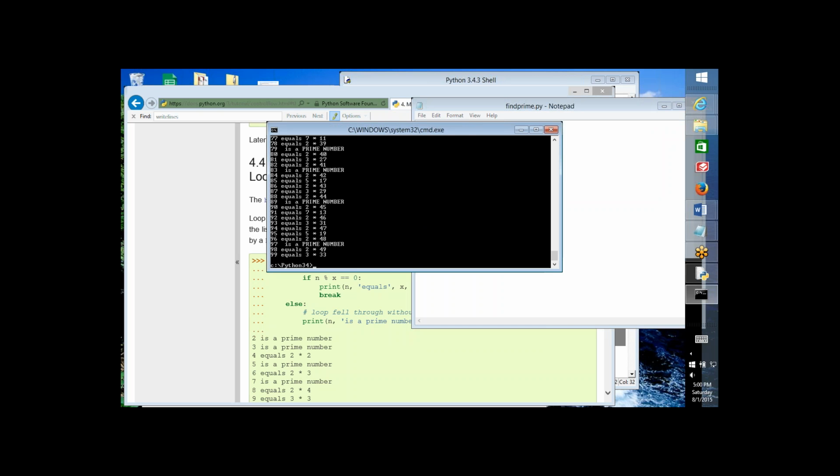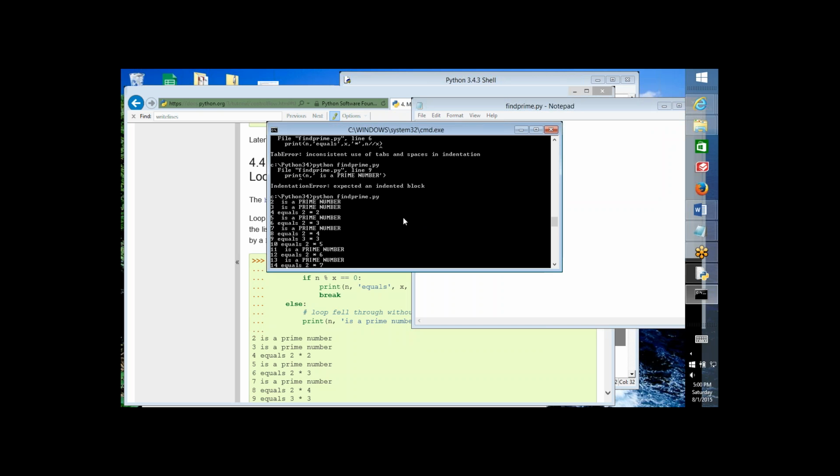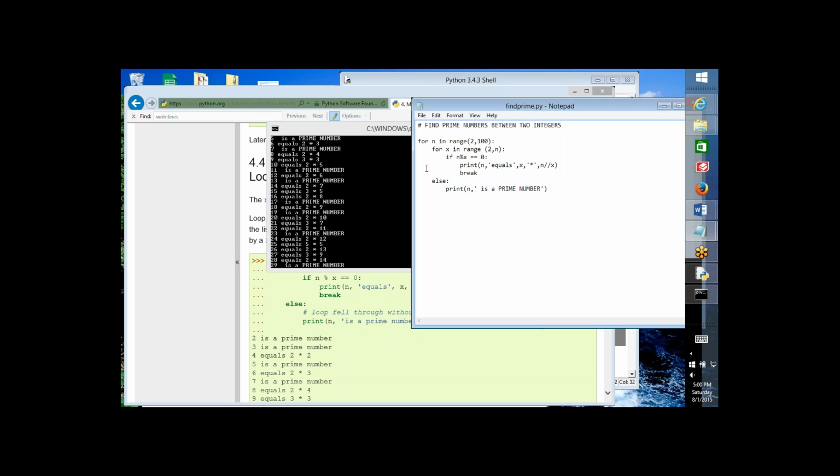Yes. So the mistake was, and this is a very important point I want to share with you, we have to make sure that we cannot mix tabs and spaces when you use the text editor. Always use character by character indentation. That's point one. Second one is